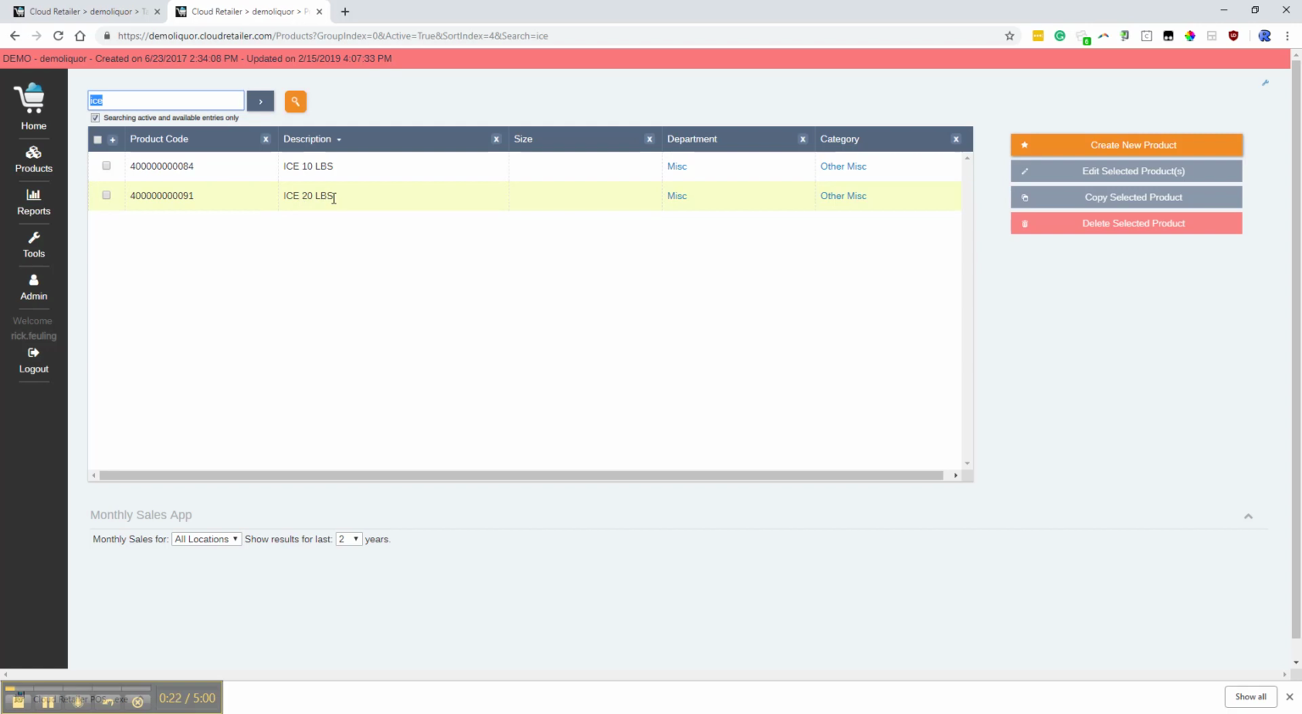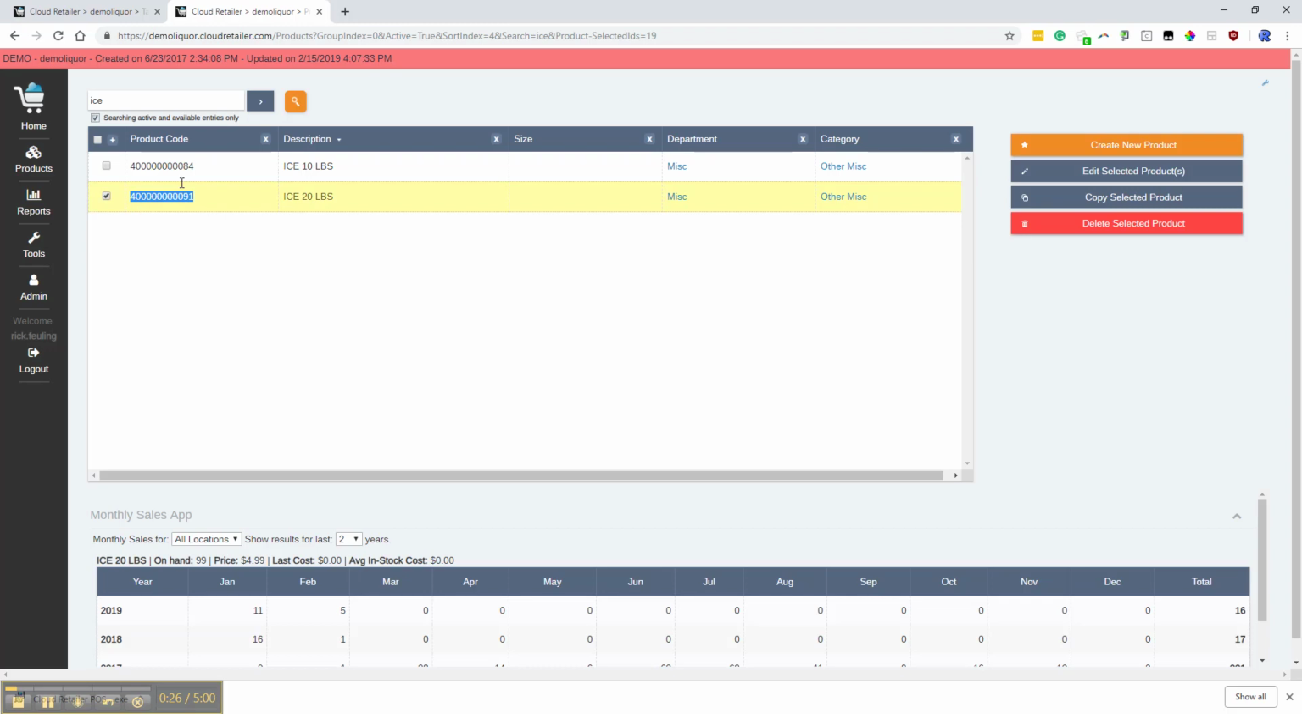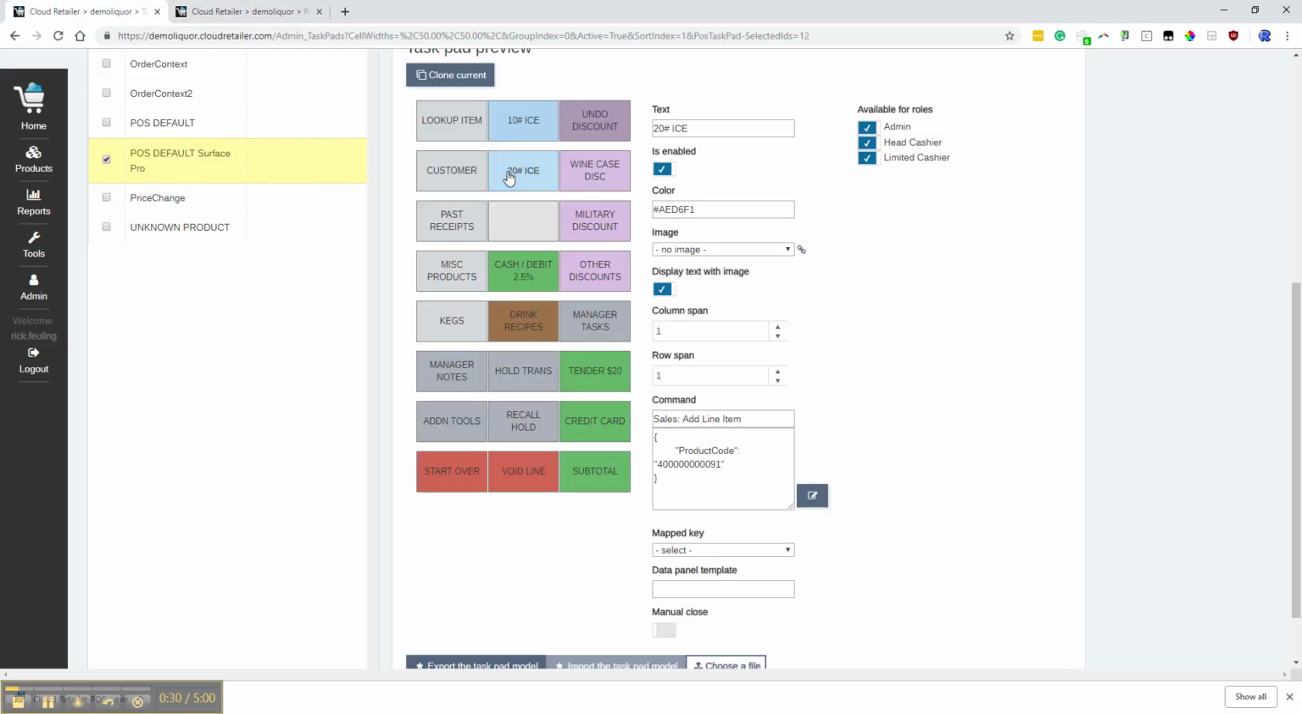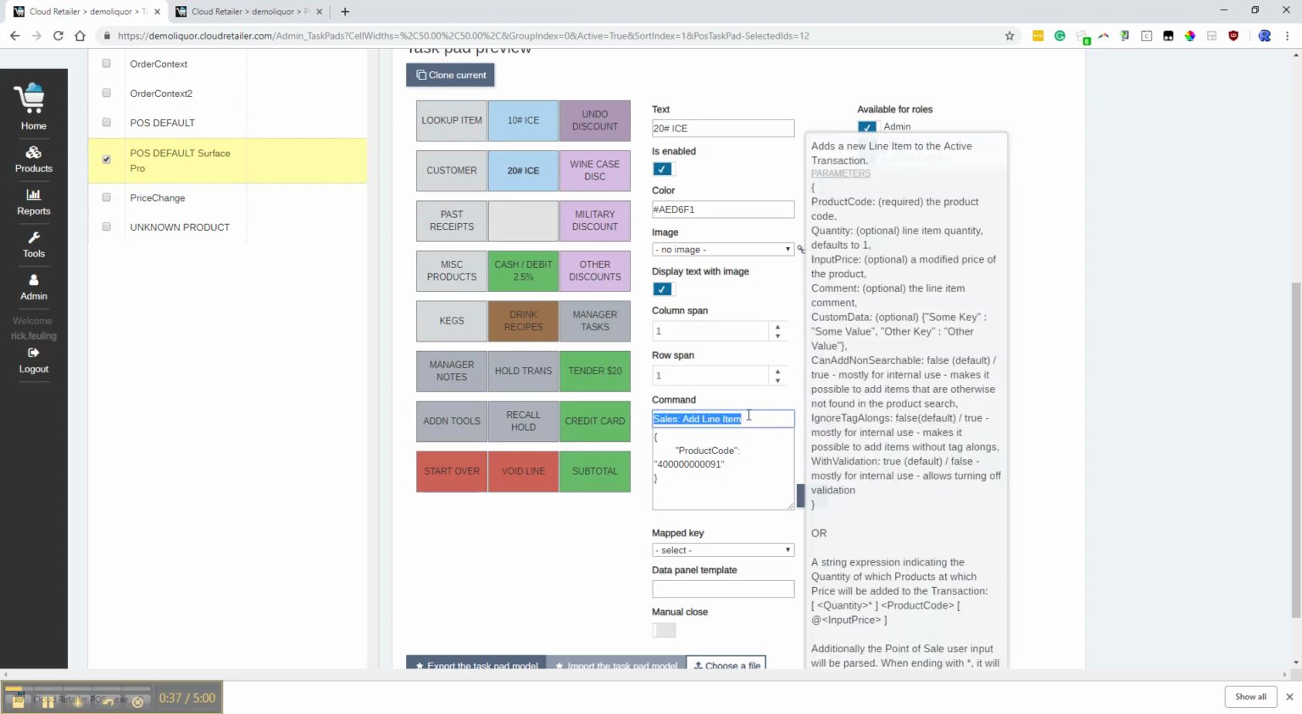For example, a 20-pound bag of ice, and you need to have this product code handy. So I'm going to copy that into my clipboard. Go back over to the task pad. I'm going to go to the 20-pound ice button, which I already have set up, but the command that you